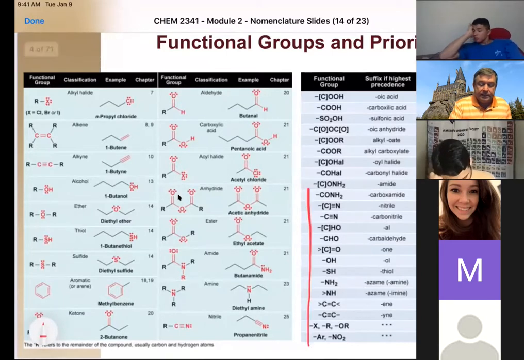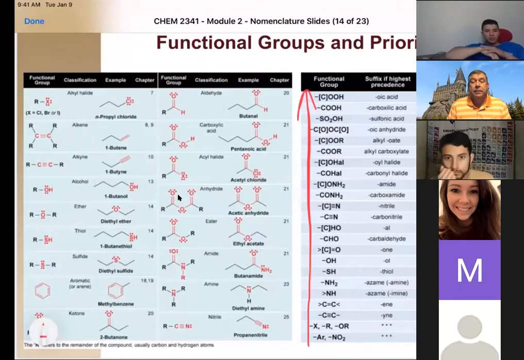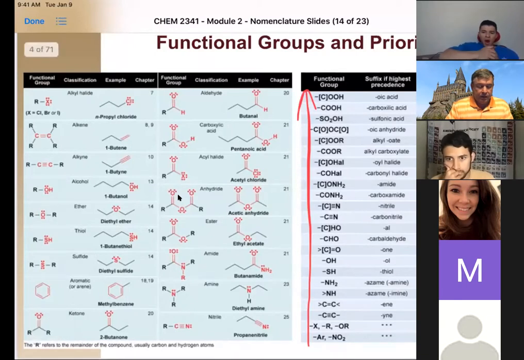This priority list is very similar to the priority list that's on the Canvas site. In fact, it should be identical. But I added a couple things. For example, when we have benzenes, I added another column here. So we don't really have to worry about those benzene names right away. That's going to be in the second semester of organic. But if you take that with you forward into your second semester organic, you'll have a jump ahead in looking at how we can name those benzene groups. Okay, so I'll start with some of these, and then we're going to continue on, and I'm going to look at each one of these functional groups independently as we go forward.